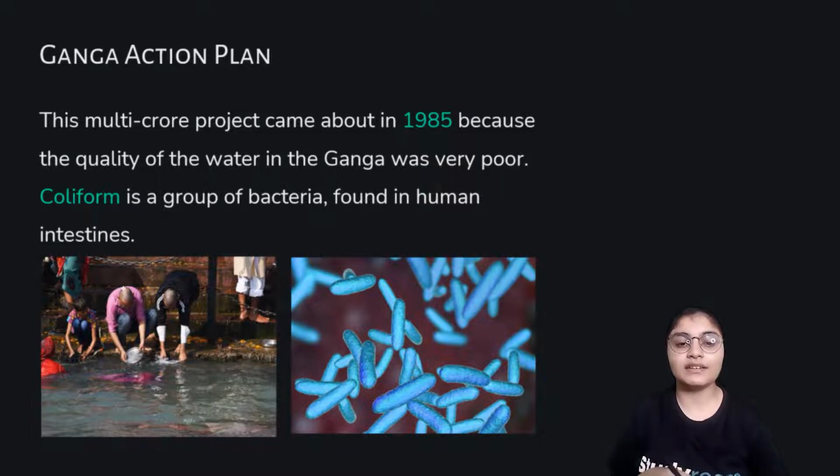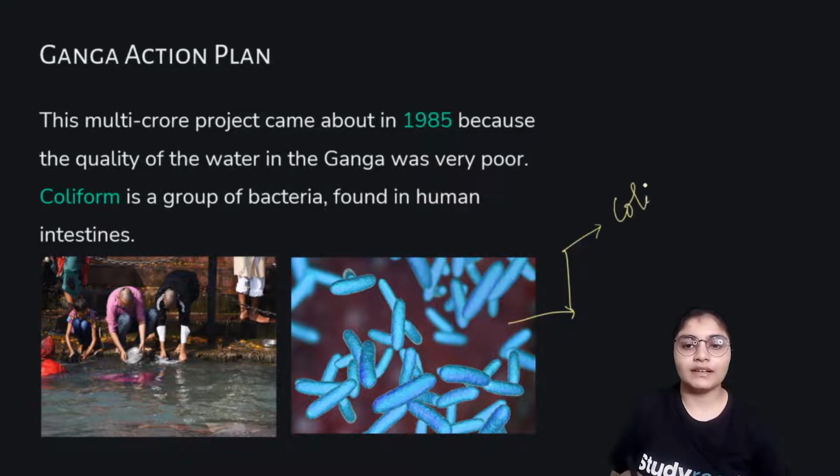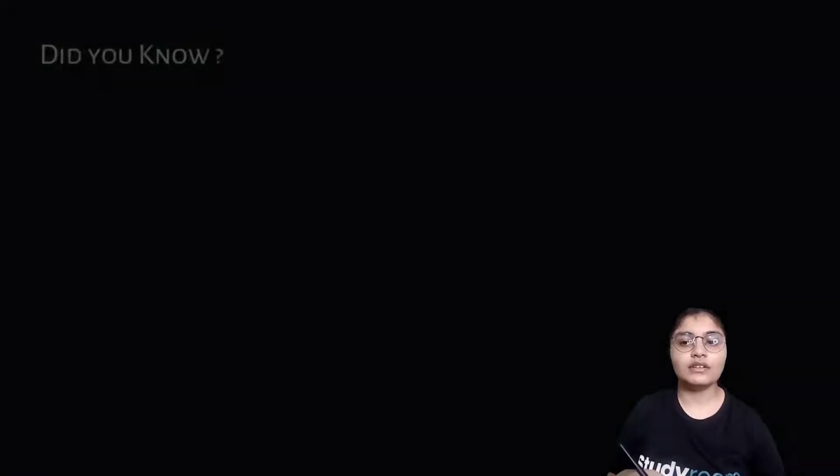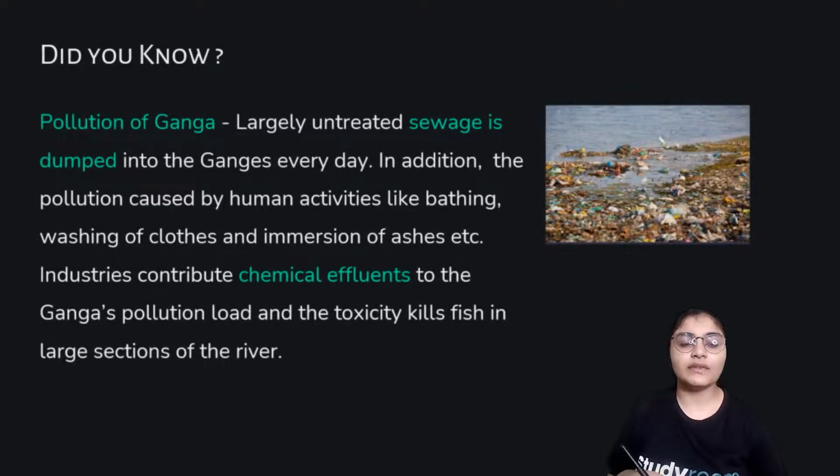As you can see here, these are the activities that we generally do on the Ganga Ghat, right? They found certain bacteria here, known as coliform bacteria. Now, talking about the pollution in the Ganga river: when we found bacteria, we understood that there is a certain amount of pollution in Ganga, and that is how